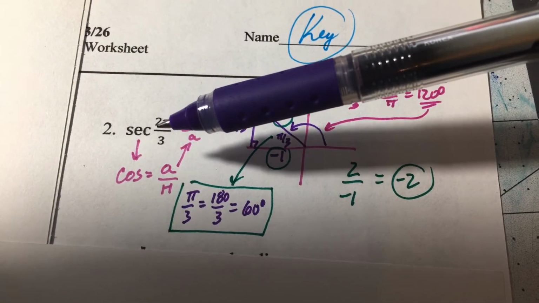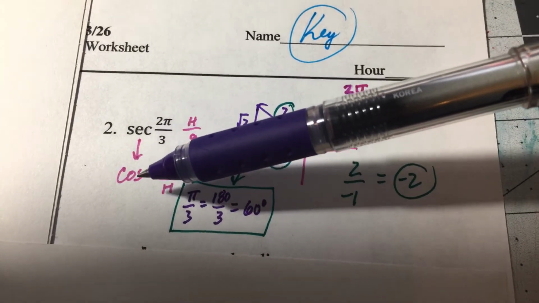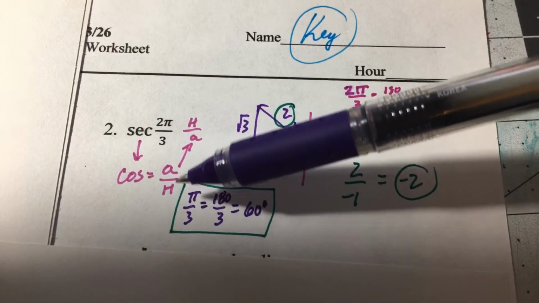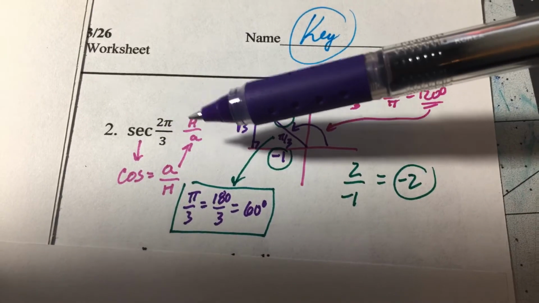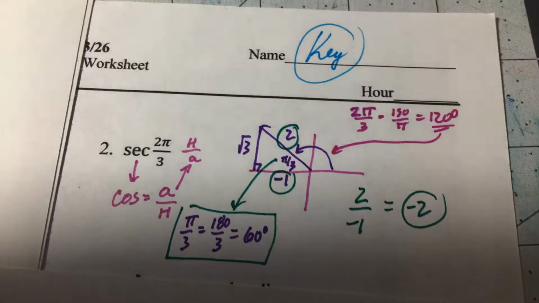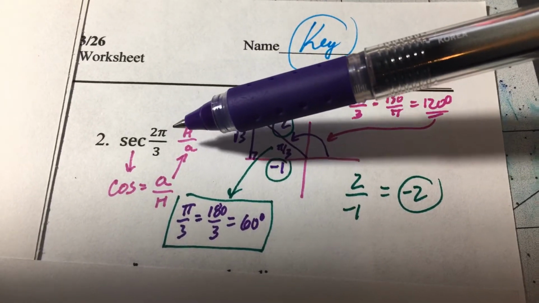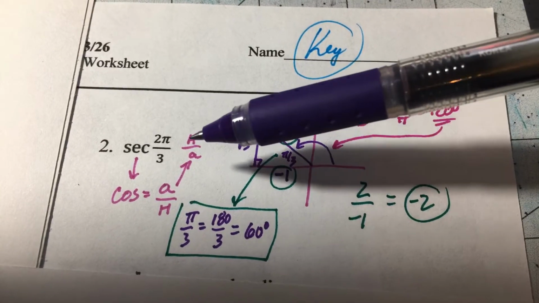Okay. On number 2, the secant of 2 pi over 3. Now we know that the secant is the reciprocal of the cosine, and cosine is adjacent over hypotenuse. So that means for secant we need to find a hypotenuse over adjacent that matches up with this. Now our 2 pi over 3, if you're having a little bit of trouble with radians, then just take